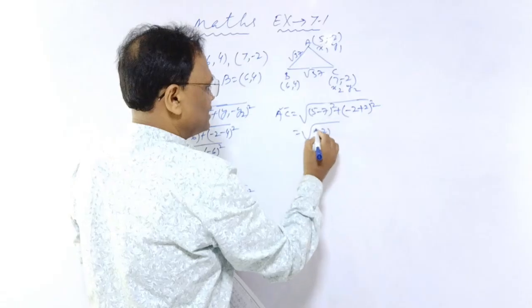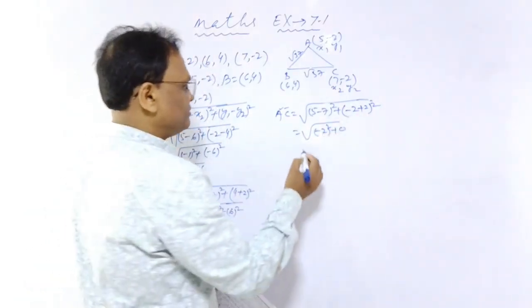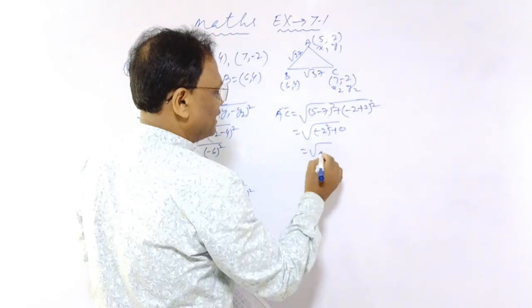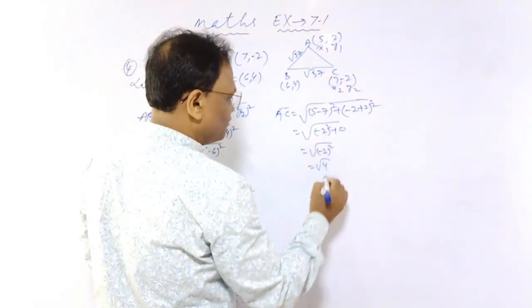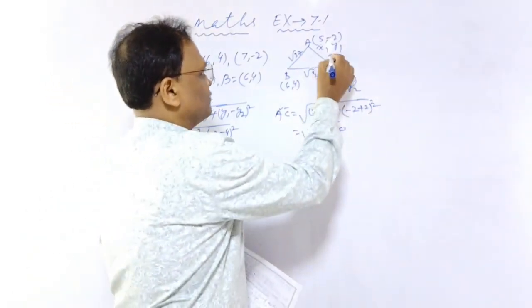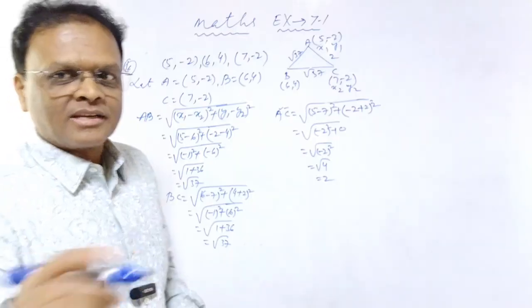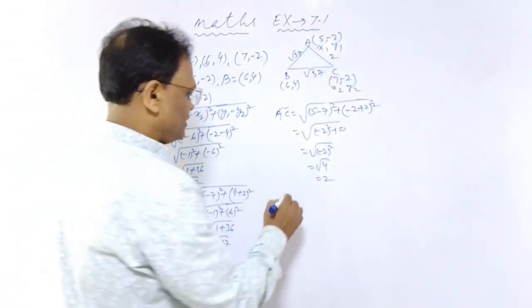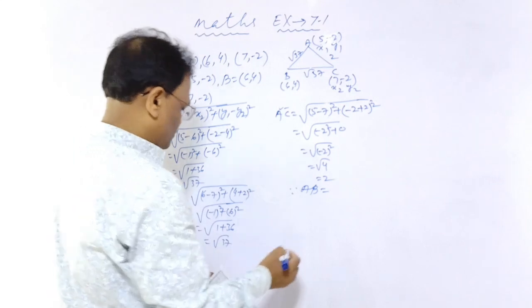5 minus 7 is minus 2, whole square, plus this gives me 0, minus 2 plus 2 cancelled. What I am getting? I am getting minus 2 square. But minus 2 square is what? 4, and 4 is nothing but 2. Now from this, out of these three sides, two sides are equal. Which two sides are equal? Since AB is equal to BC,